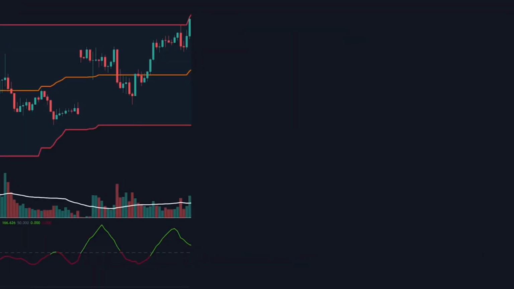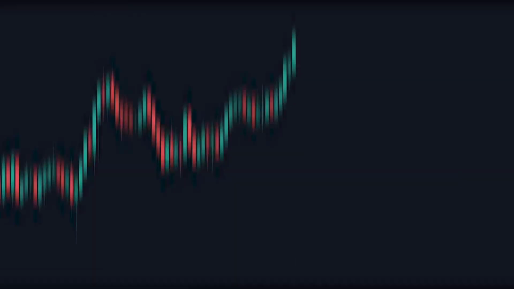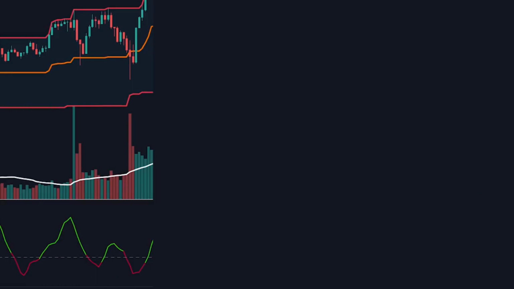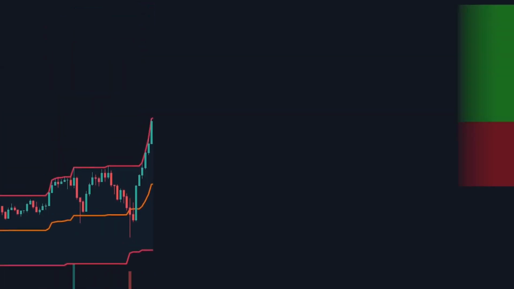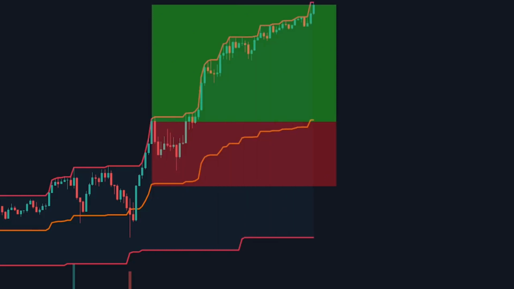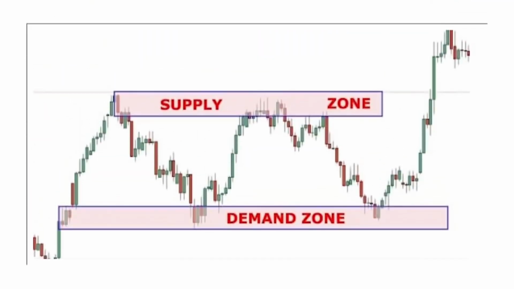So in the trade I was talking about before, sure our criteria was met, but since it was close to this resistance level, we would have skipped this trade. Actually, what I found works really well is if price is currently breaking a resistance level, then all the indicator requirements were met. This would be a great time to enter, as there's a ton of confluence and bullish momentum in this trade. So yeah, if you pair this strategy with basic support and resistances, or even supply and demand,